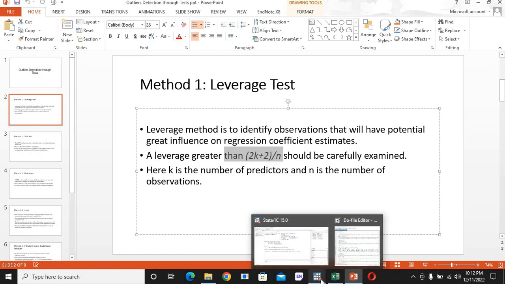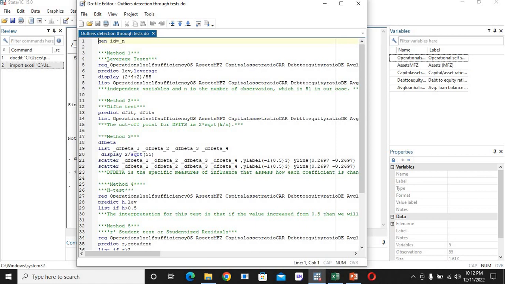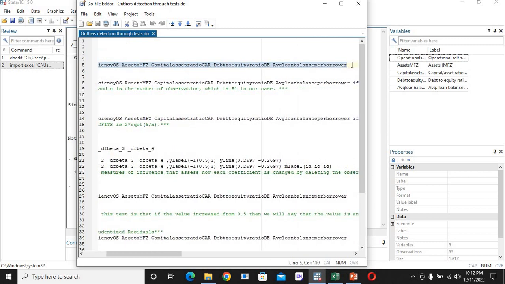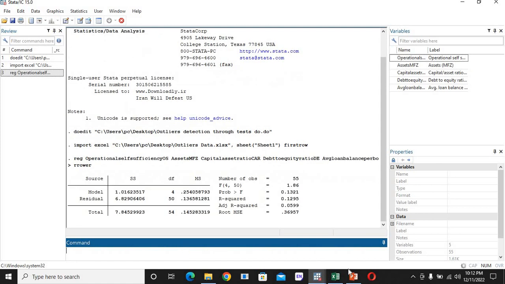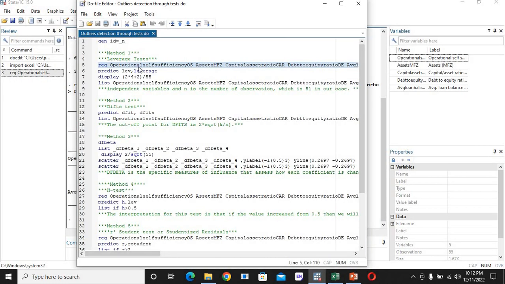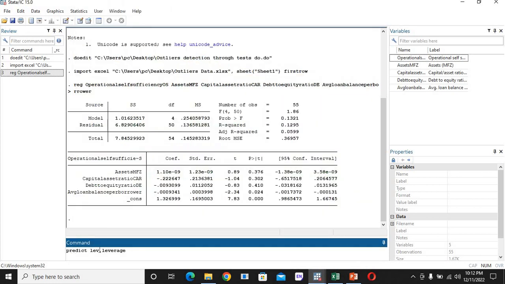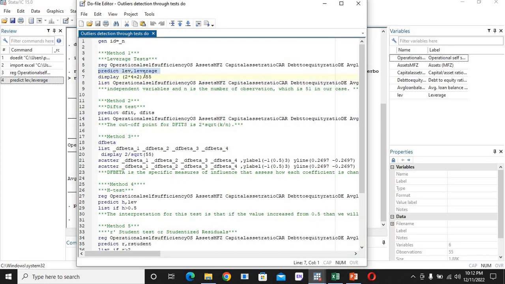Let's process it on this data. For this, you need to firstly run the regression of your model, where in my case it is regression, dependent variable operational self-sufficiency, and the rest of the 4 independent variables. Click enter. Then the command for analyzing the leverage test is predict LEV, leverage. Here a new variable of leverage will be generated. Then you need to display this number,